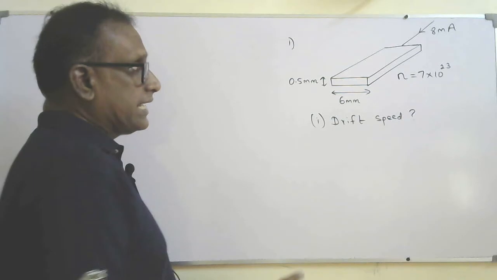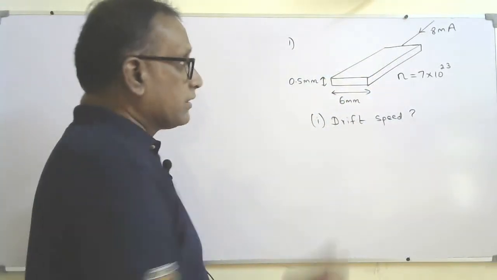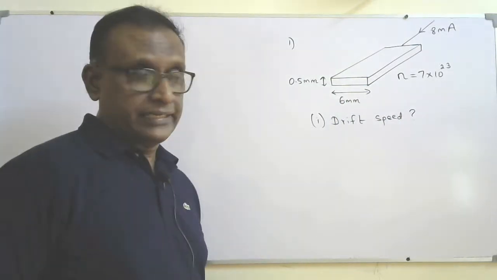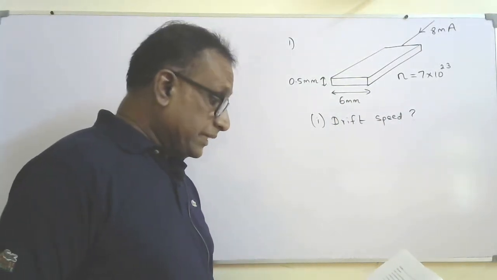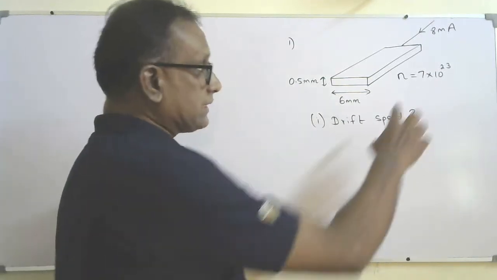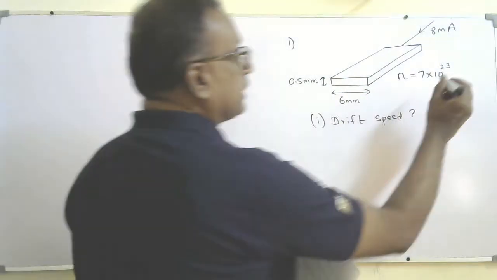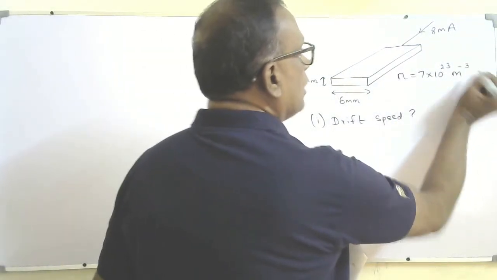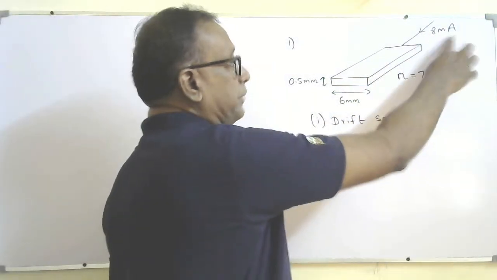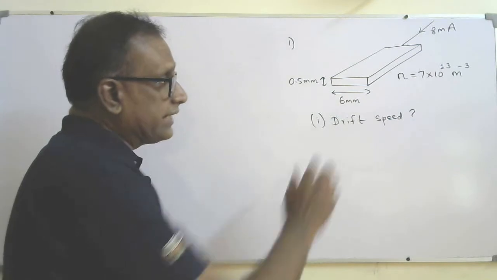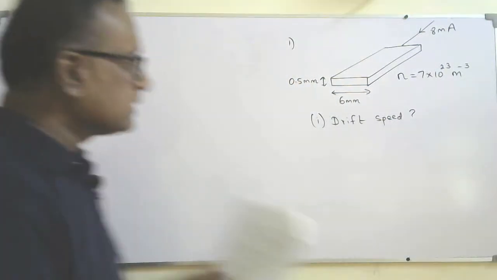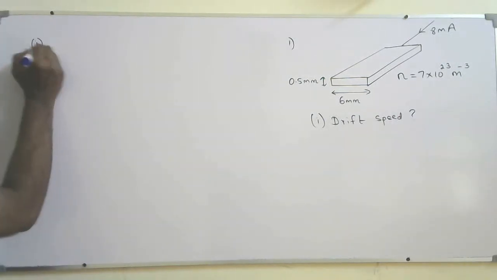Okay. So this question says it's a semiconductor strip. The width of the strip is 6 millimeter and the thickness is 0.5 millimeter, and it's made of a semiconductor, and the charge carrier density of the material of this semiconductor is 7 into 10 to the power 23 per meter cube. So there's a current flow through this strip that is 8 milliampere. The question is, first part, find the drift speed of the electrons. So simple question. So first part I can use I equal